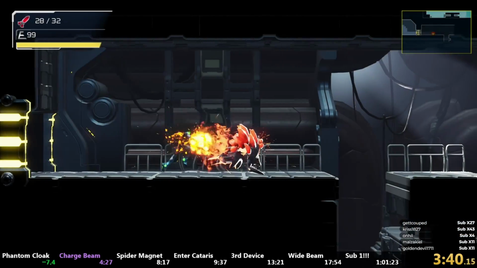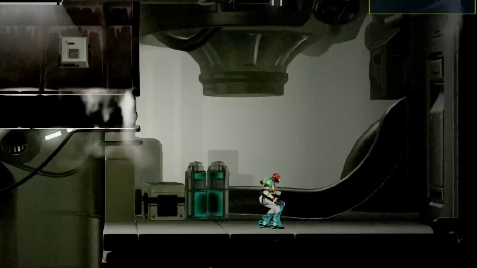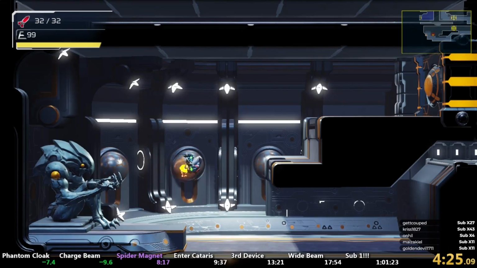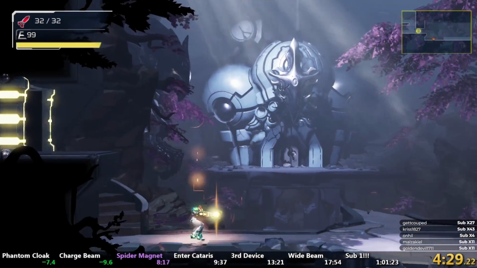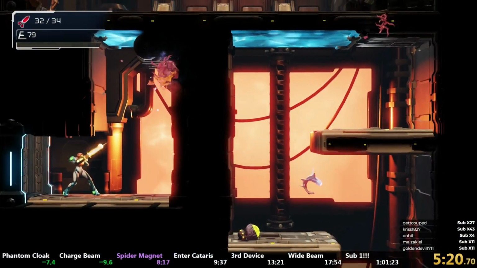The next trick comes very soon. Using melee at the right time after a wall jump, Samus gains a little more height, making it possible to skip racing the water. After collecting Charge Beam, it's time to move on to get Spider Magnet from White Emmy. First, I have to run through most of Artaria,